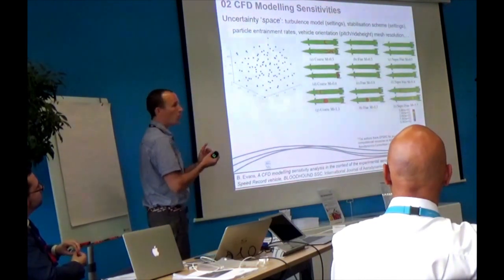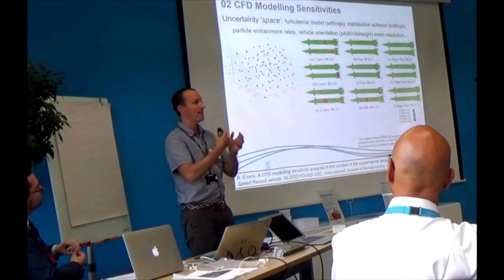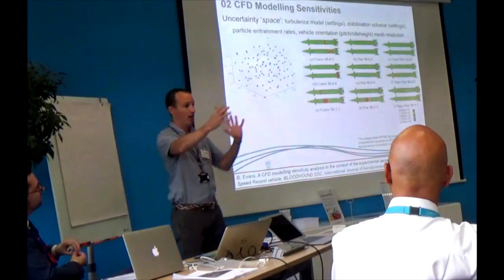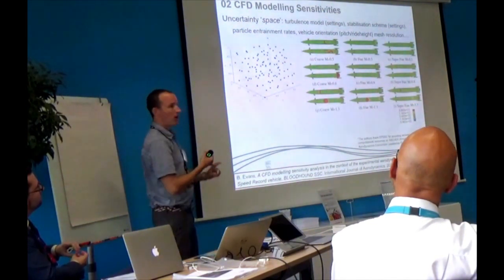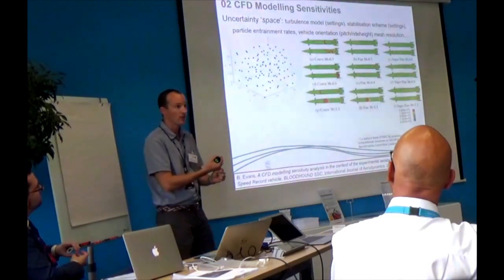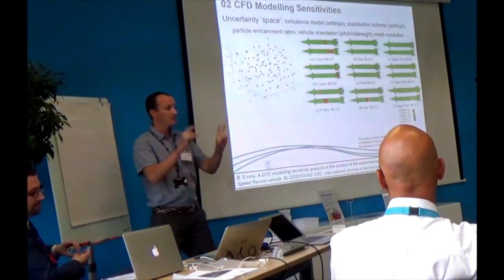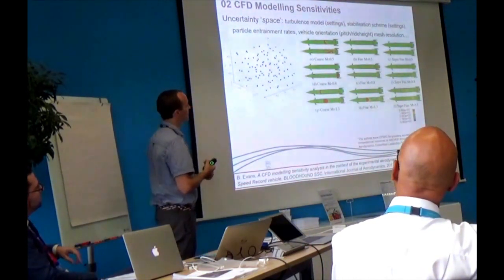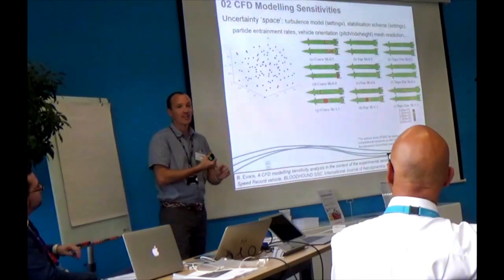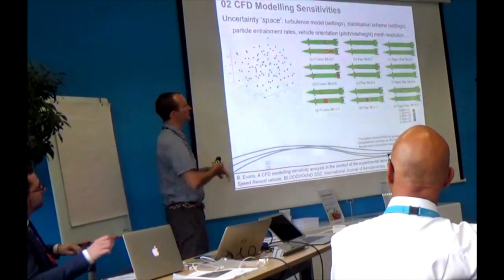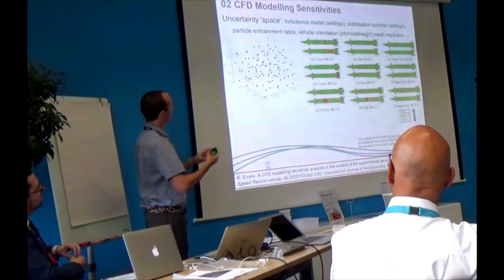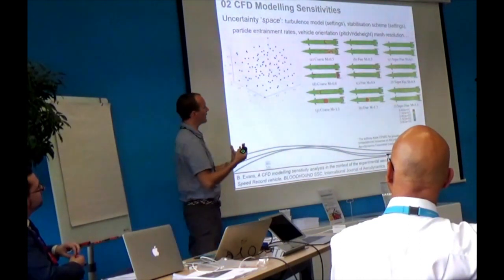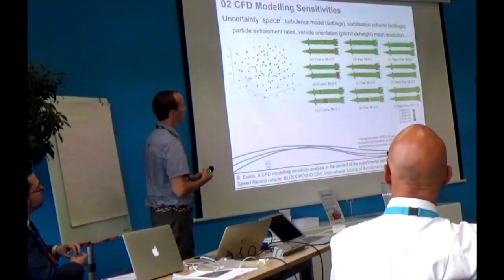So we know that the things we get back from our models, the lift predictions, the drag predictions, the pressure distribution over the surface predictions, are a function of what turbulence model you choose within your RANS solver, the fudge factors, the parameters that you can vary within those turbulence models, the type of scheme we use to stabilize the code for these high speeds and shock predictions, and the assumptions we make about the particle entrainment rates in our particle entrainment modelling. We know these affect the model predictions.